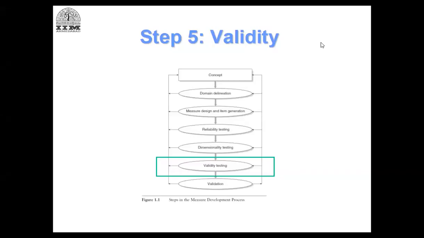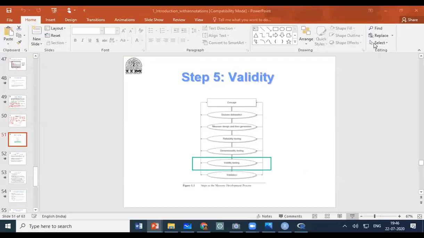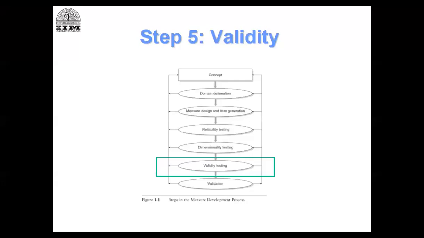So what is confirmatory factor analysis? Confirmatory factor analysis is a method where you actually test the structure that you have obtained from factor analysis on a different sample. Remember, we never do factor analysis on the same sample. If you have done exploratory factor analysis on one sample, you will not repeat confirmatory factor analysis on the same sample.